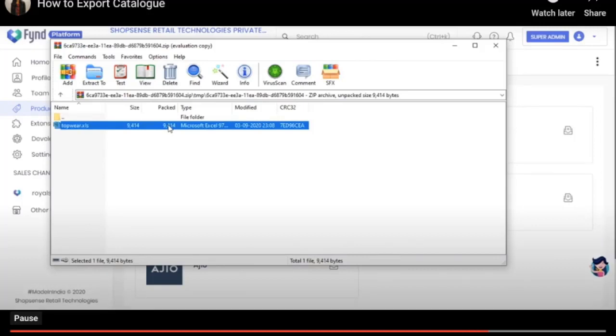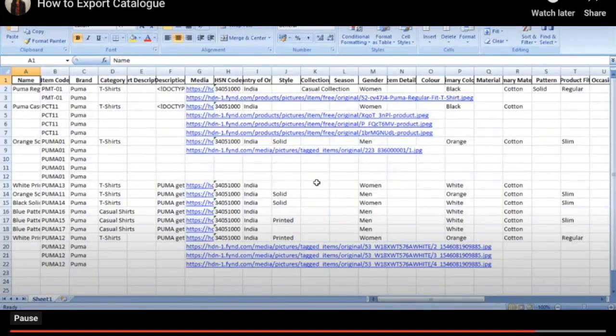You can also download in the existing format of Find platform in case you just need to update any attribute or check anything in bulk. You can make the changes and again drop it into the bulk section, the product section, and import it through our bulk upload.